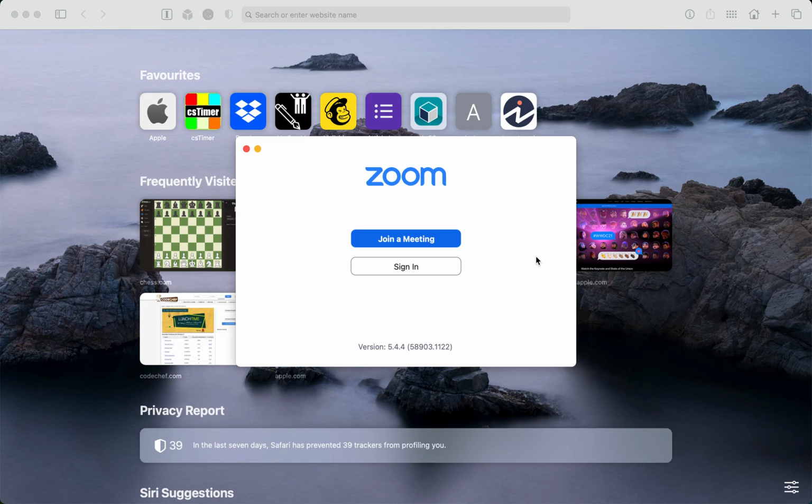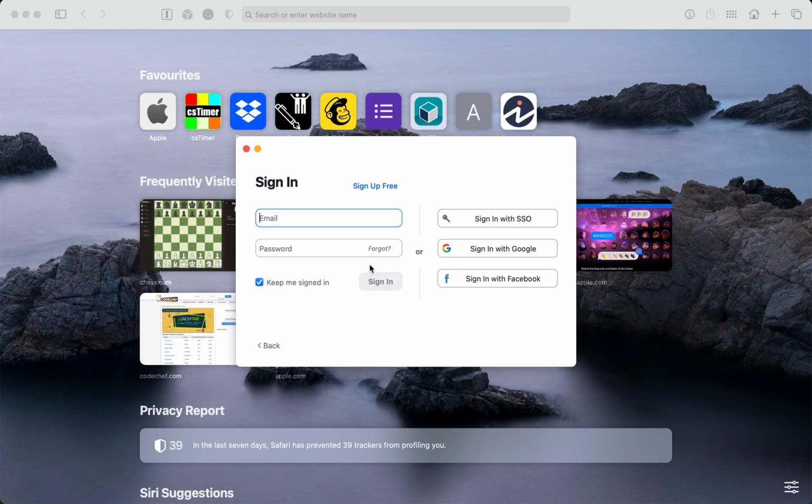When you first open Zoom, you should see a window like this on your laptop. In this window, you have two buttons: join a meeting and sign in. To sign into Zoom, you won't have to do this every single time, only the first time when you open Zoom. So you click on the sign in button first, and then you can choose whatever method you want